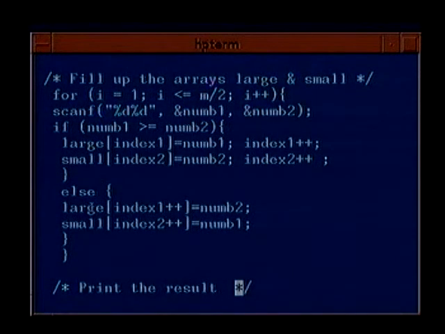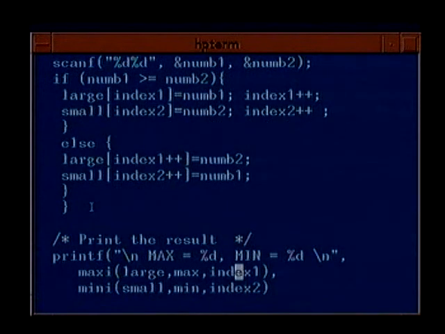And once we have done that for all the elements, we then just print the maximum and minimum by calling two functions. One is maxi, which finds the maximum in the set large, and mini, which finds the minimum in the set small.